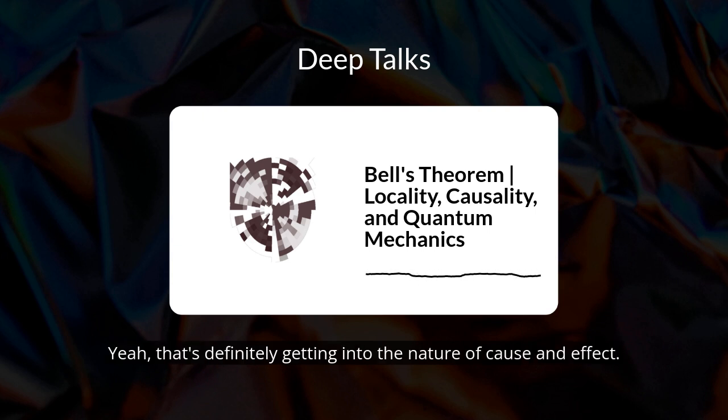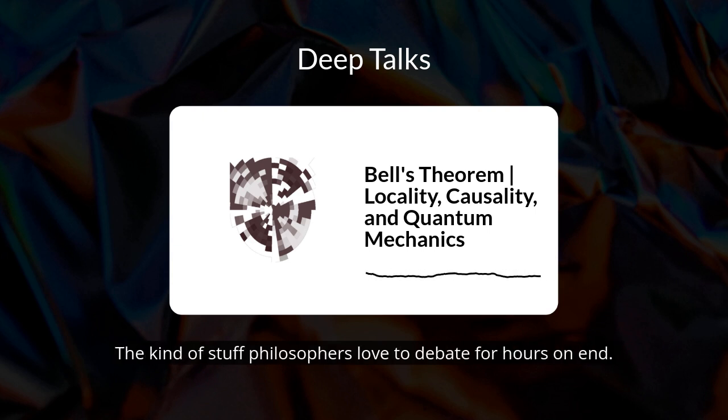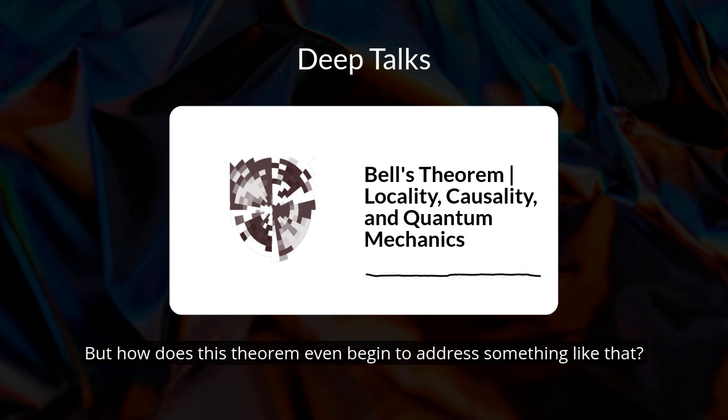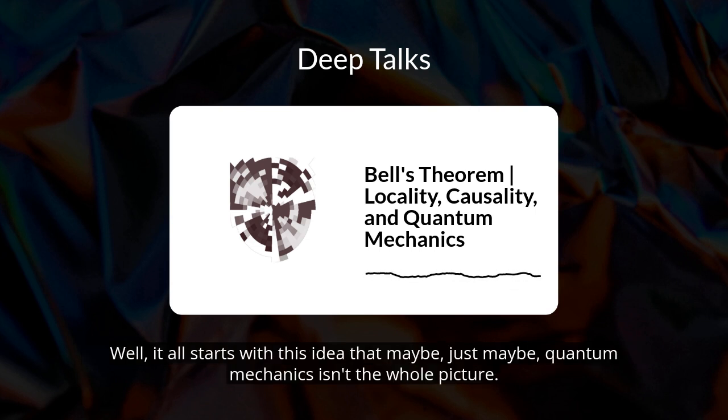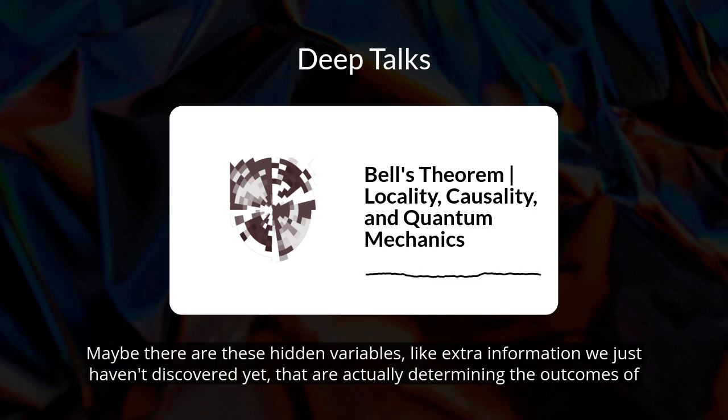Yeah, that's definitely getting into the nature of cause and effect, the kind of stuff philosophers love to debate for hours on end. But how does this theorem even begin to address something like that? Well, it all starts with this idea that maybe, just maybe, quantum mechanics isn't the whole picture. Maybe there are these hidden variables, like extra information we just haven't discovered yet, that are actually determining the outcomes